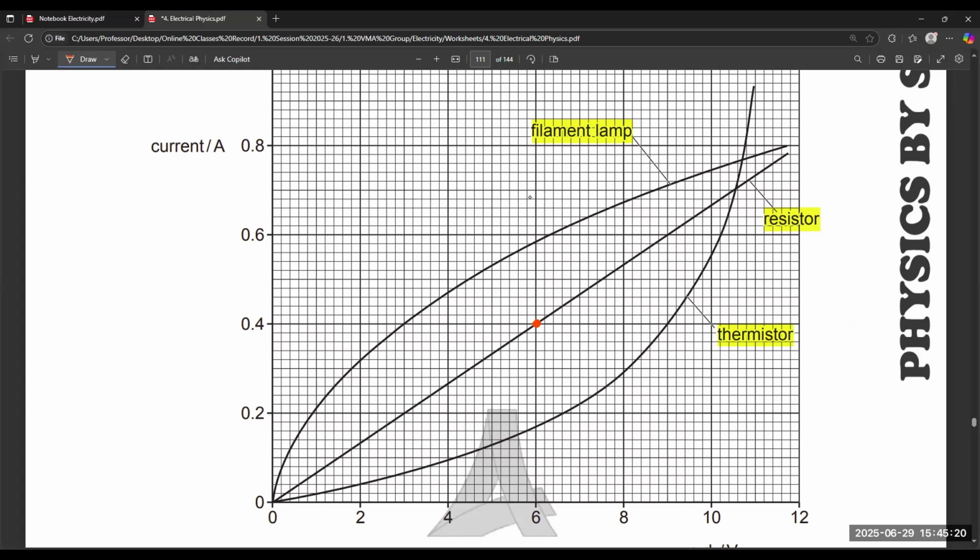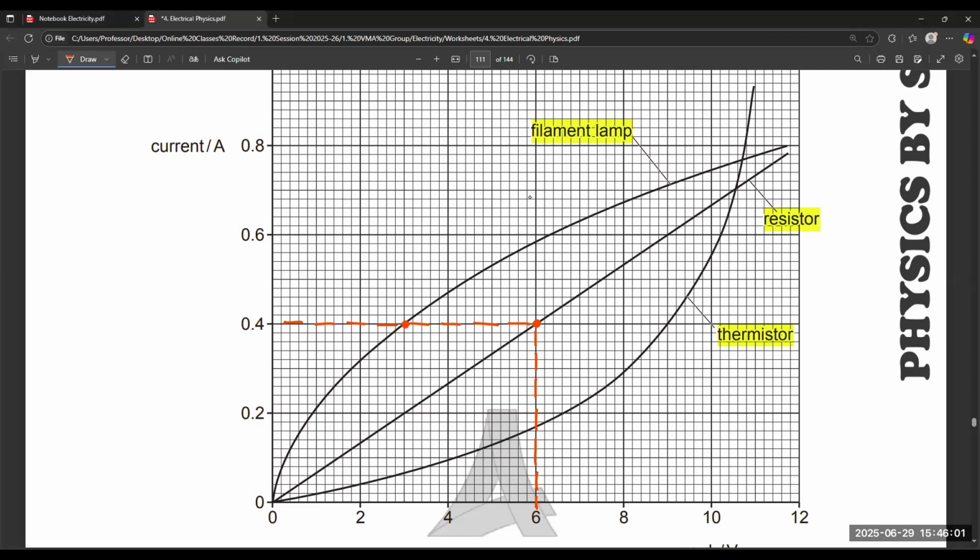And at 6 volt, the current is 0.4. So the value of current is 0.4 and the voltage is 6. Now, as we discussed, in series combination the value of current remains the same. It means that if you draw a horizontal line,